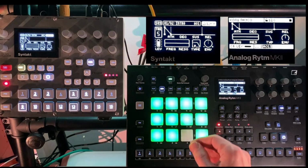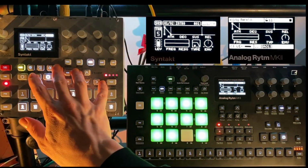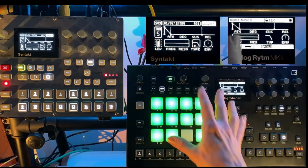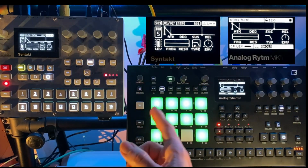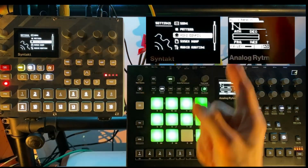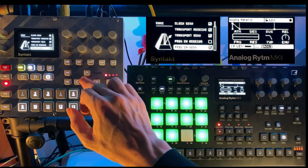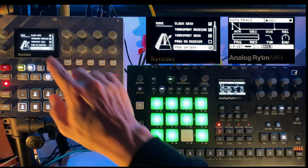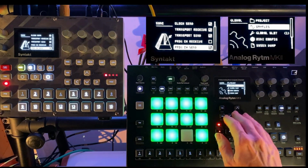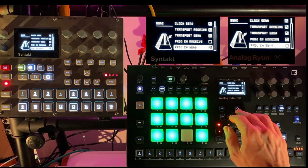And it's basically to keep only song mode on one of the devices, in this case the Syntakt, our master, and keep it off in this device. But then how do you synchronize? Well, you can go to settings and send program changes from here to here. So you go to MIDI config, you go to sync, and you make sure that program change send is ticked on. On the other device, you do basically the same: MIDI config, sync, and you make sure that program change